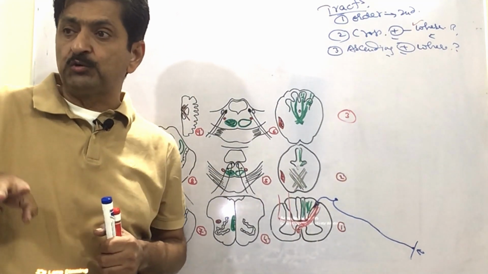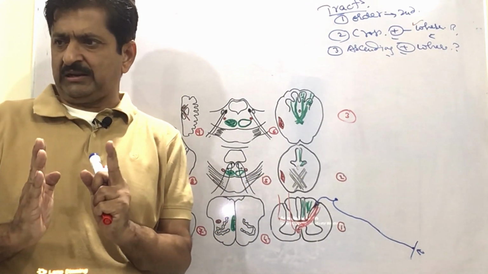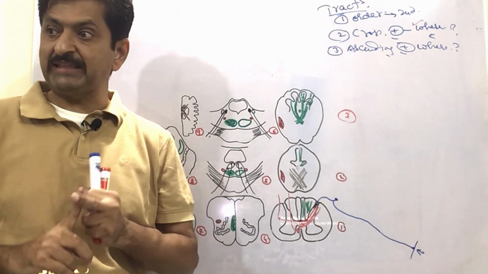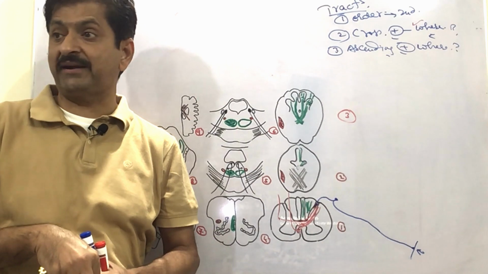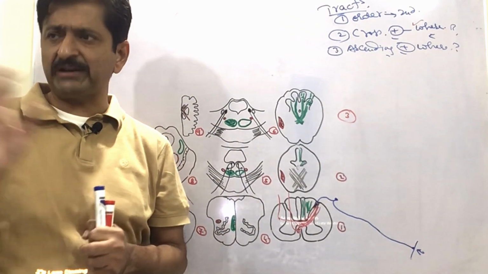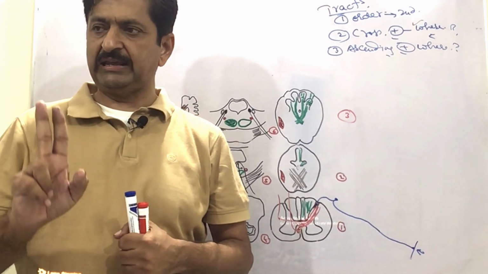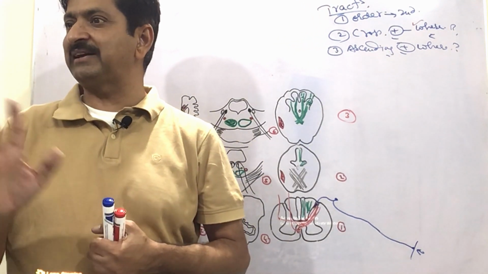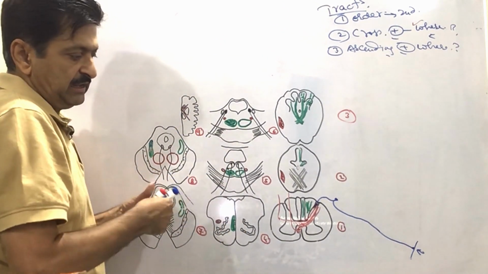Understand? So they are in the form of two bundles now. These bundles are a little bit away from each other in the beginning, but later on they will run parallel. And in between them another bundle will intervene also, that is called the spinotectal tract. Even if the spinotectal were not present, they would be running parallel, and such parallelism makes them a lemniscus, laminated, and such lamination you will see later.